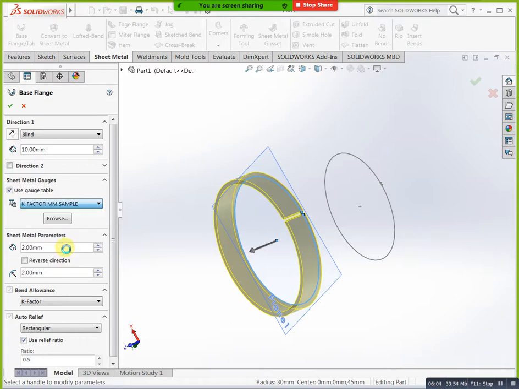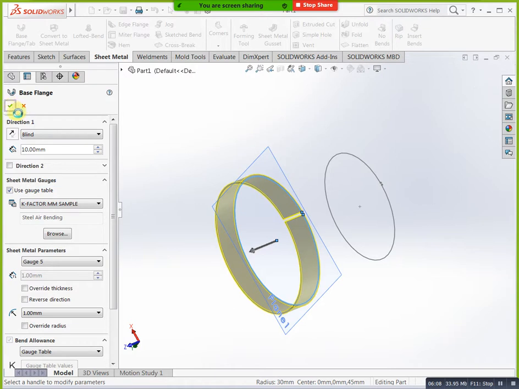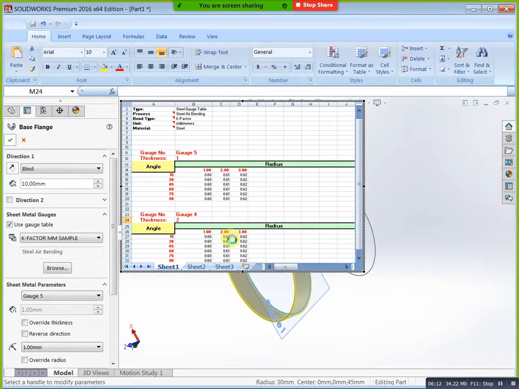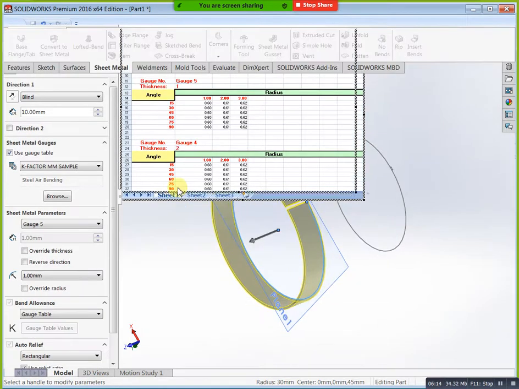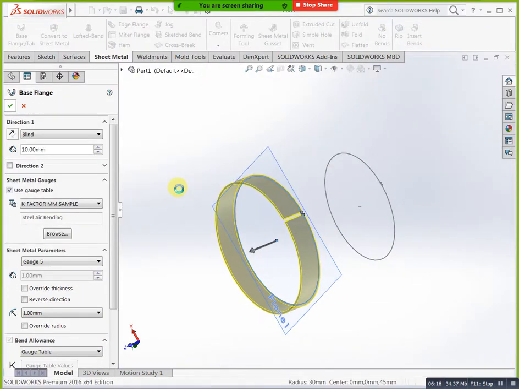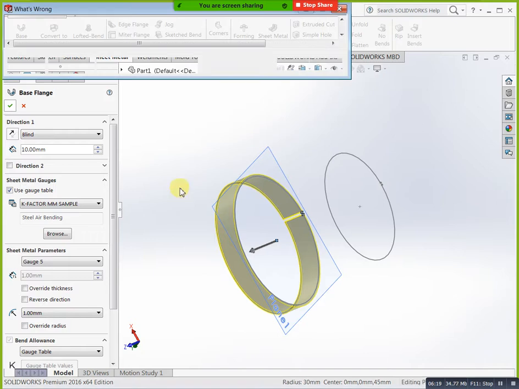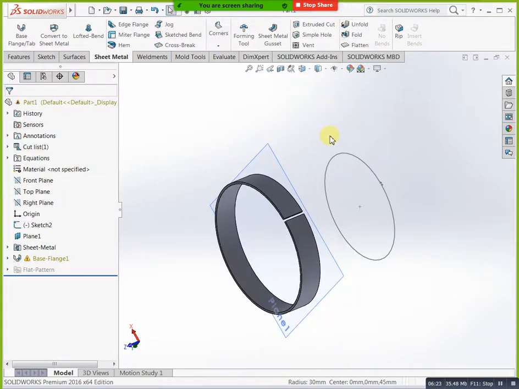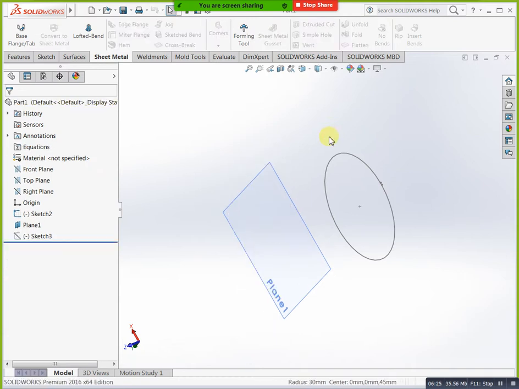This is gauge thickness 15 mm, 25 mm like this, but we need the normal condition. We do not need this, just come back. Just try this once more, sketch, finish.